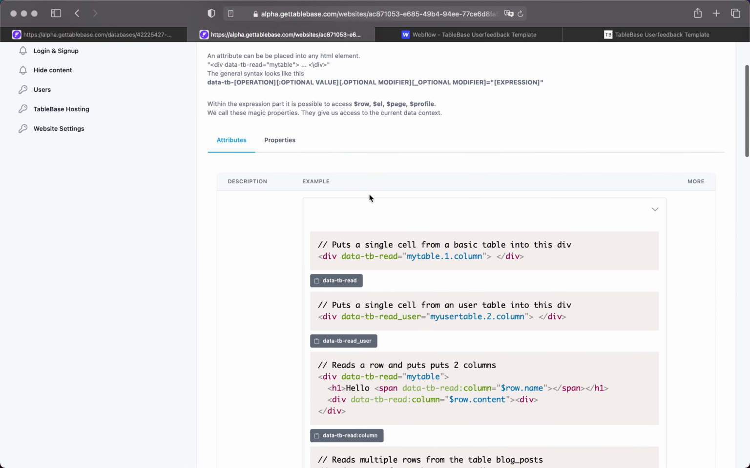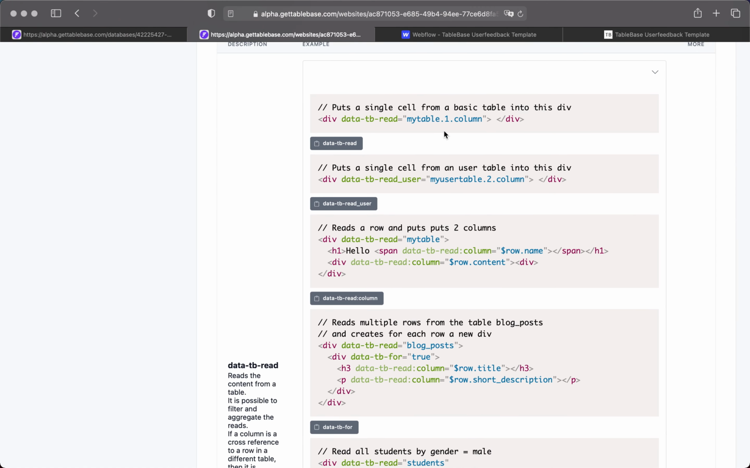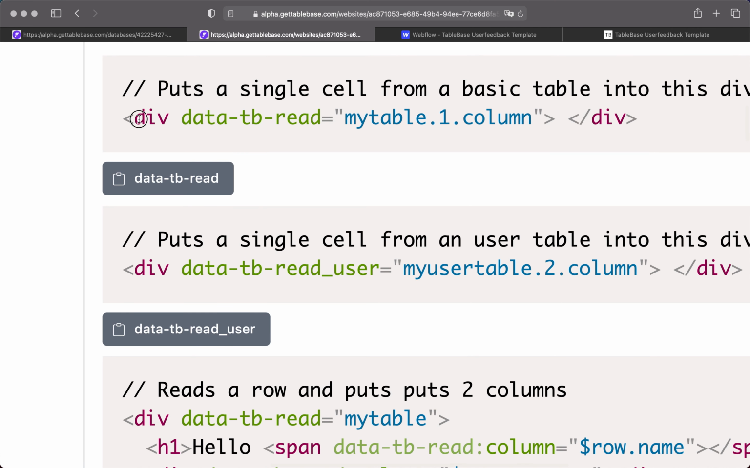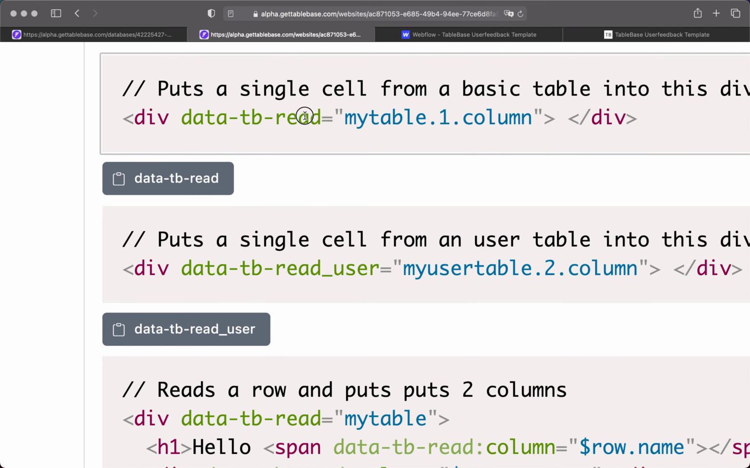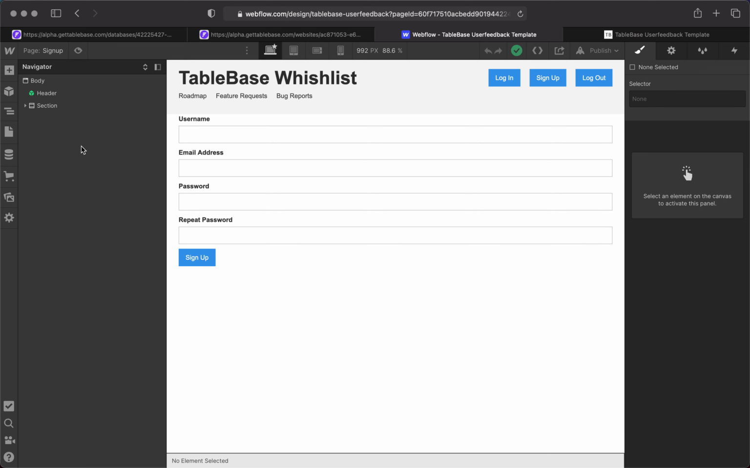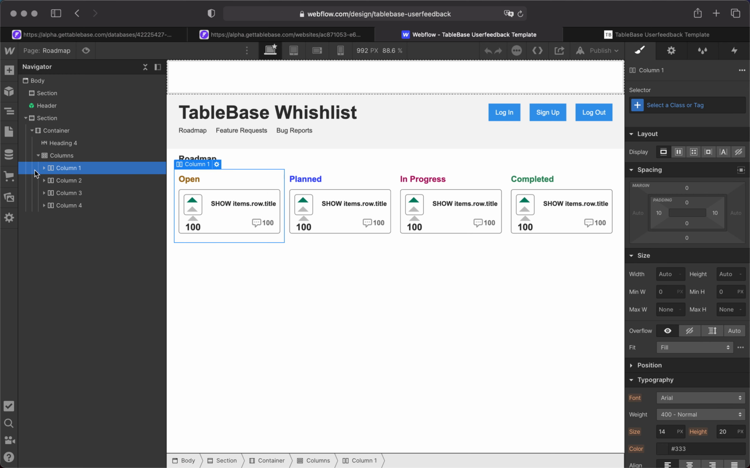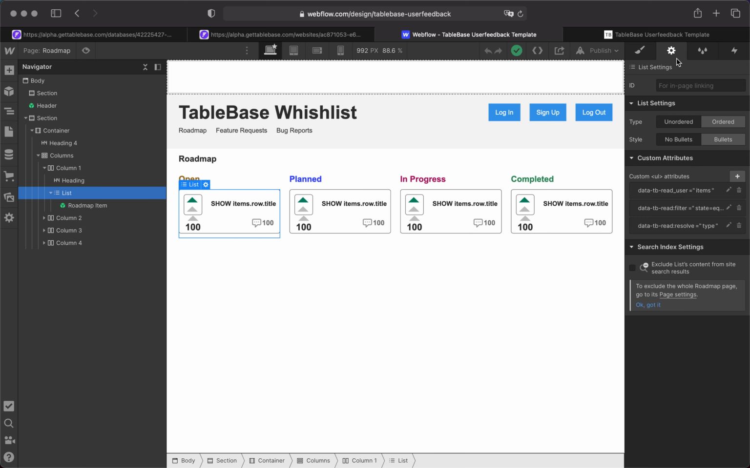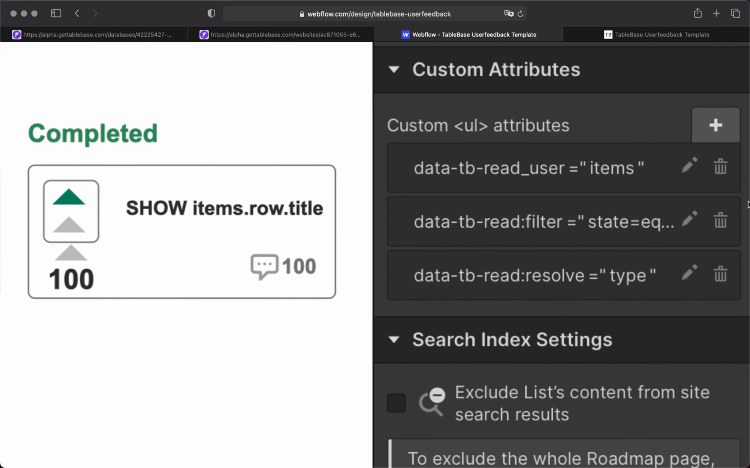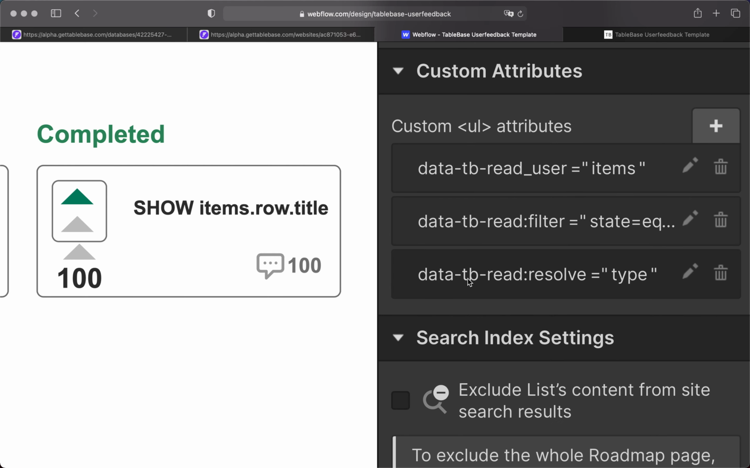So to make a read request, what we need to do is to have something like that. We need an element, and then we need the read request like that, and then we specify what to read. If we head to our Webflow application and go to roadmap, you will see that we have a column here and a list, and inside this list, in attributes, I have put 3 different attributes in. First, we are reading